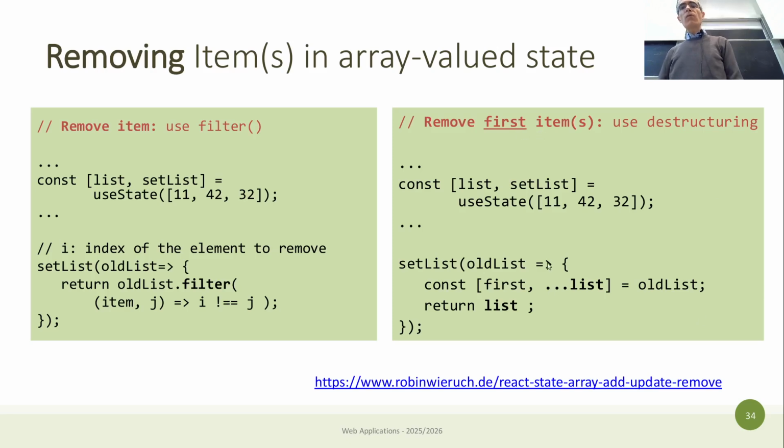You want to remove the first item, use the spread. That's fine. Again, you see the new square bracket creates a new array. Always create a new array. Before we did it immediately, so we could have written return first and no, return list. No, here it's a bit more complex because we need to isolate the list, right? So we need two instructions. But anyway,